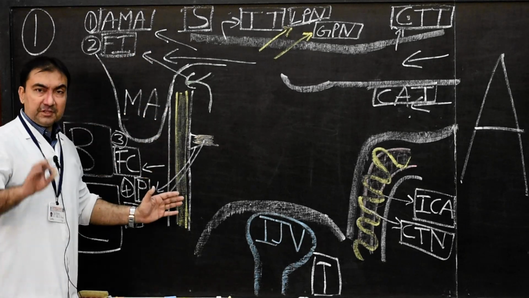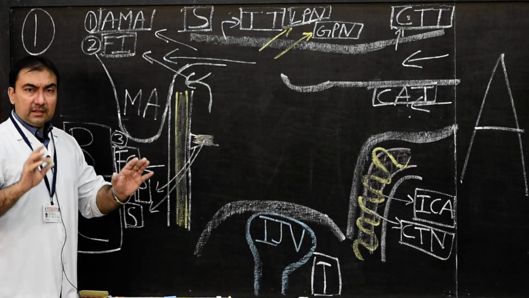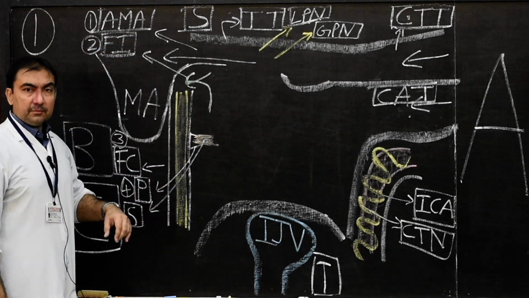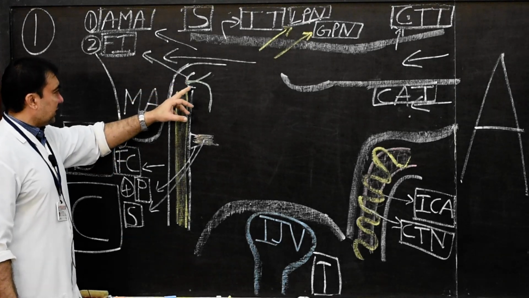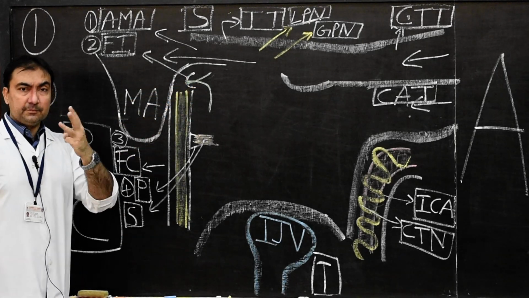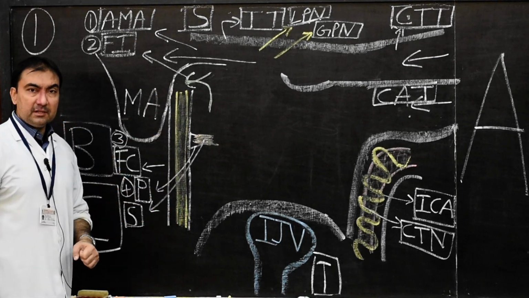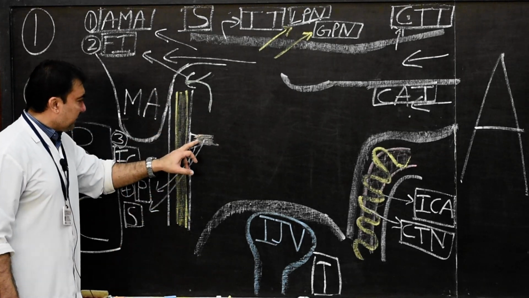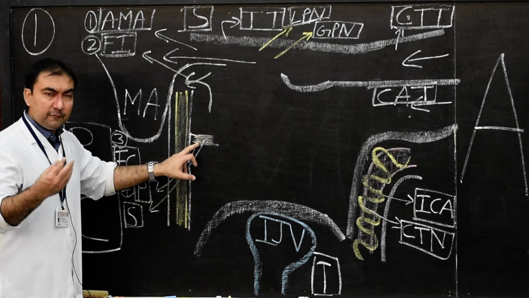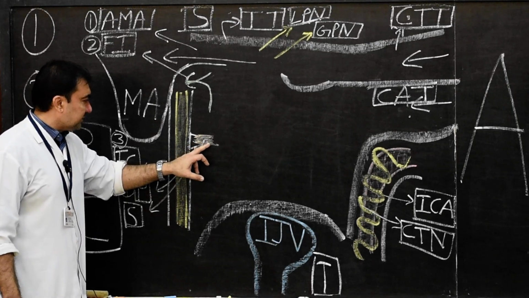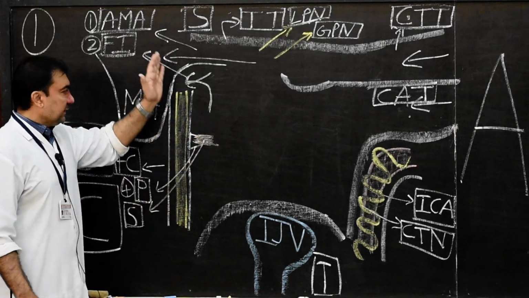Here we finish the posterior wall. Very simple. Number 1, aditus to mastoid antrum. Number 2, fossa incudis for the short process of incus. Number 3, vertical part of facial nerve canal. And number 4, pyramid, a small swelling just in front of the vertical part of the facial nerve where the stapedius muscle is present. 4 structures in the posterior wall.